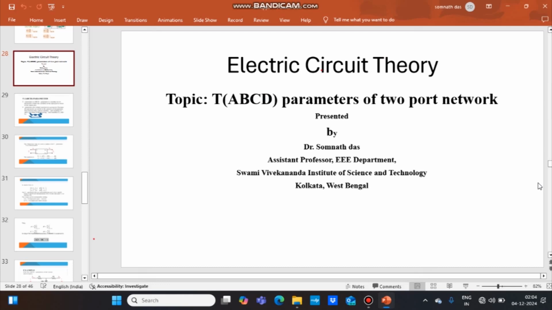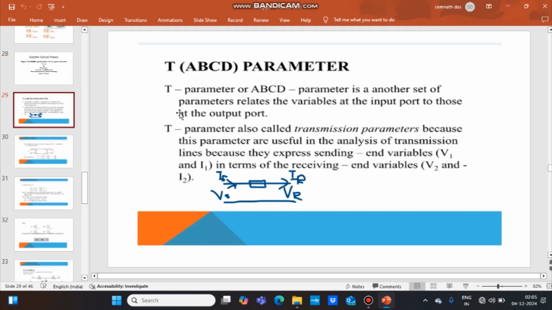In this lecture, I am going to discuss the topic T parameters of two-port network. T parameters are also known as ABCD parameters. The T parameter or ABCD parameter is used to represent transmission line in electrical system. T parameter or ABCD parameter is another set of parameters which relates the variables at the input port and the output port. T parameter is also called transmission parameters because these parameters are useful in the analysis of transmission